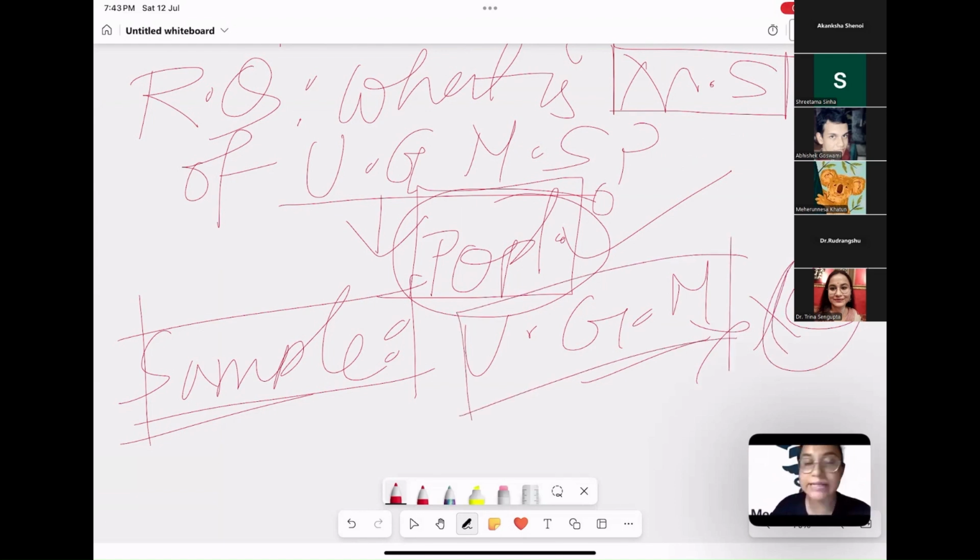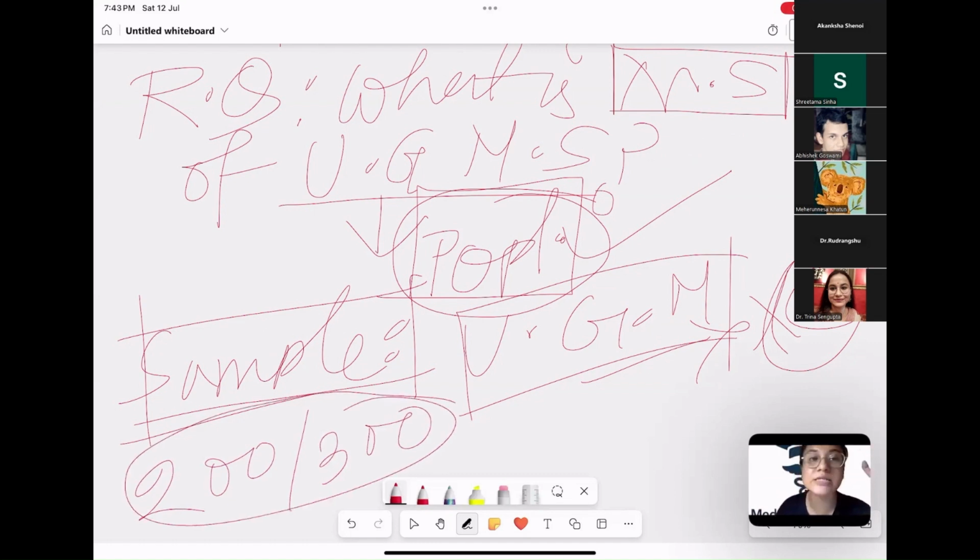Maybe we are taking all the medical students, what we call universal sampling, or complete enumeration. We are taking into account all the students from first year to the final year, or we have calculated the sample size, whatever 200 or 300, and this many students we have selected from this population, that is undergraduate medical students of college X. That is the defining of the population, right?